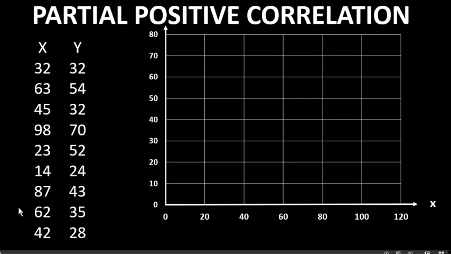Now on the basis of these values, we draw the points on the graph, and by doing so, the points will be found as shown on the screen. The points are not found in the same line. Points are not found collinear, so we have to draw such a line from which the distance of all these points will be minimum, and such a line is drawn on the screen.